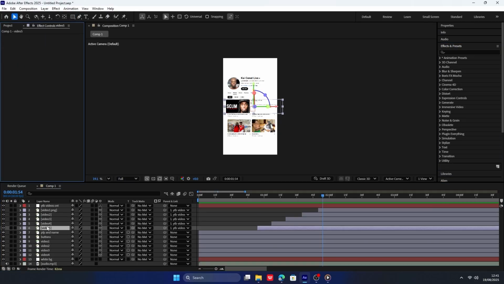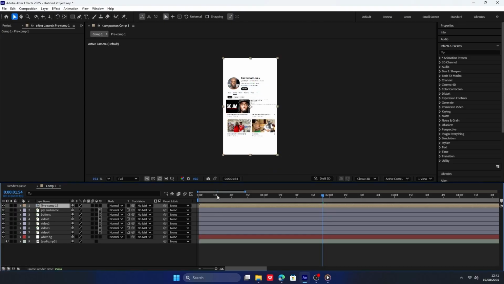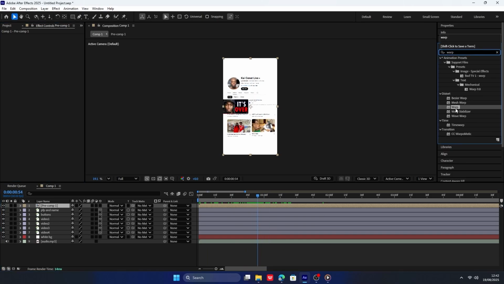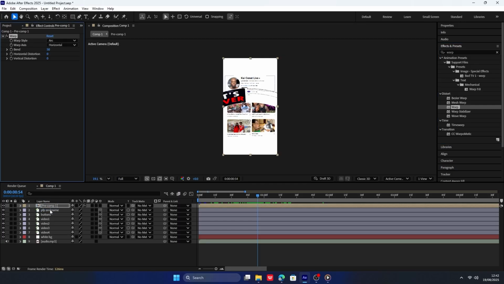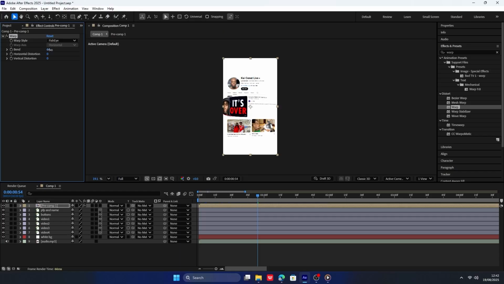And now you can see that I decided to pre-compose everything because I want to add another effect. So just pre-compose everything, go to effects and search up warp effect. Add it to the pre-comp, and we're gonna set the warp style to fish eye, and we're gonna play around